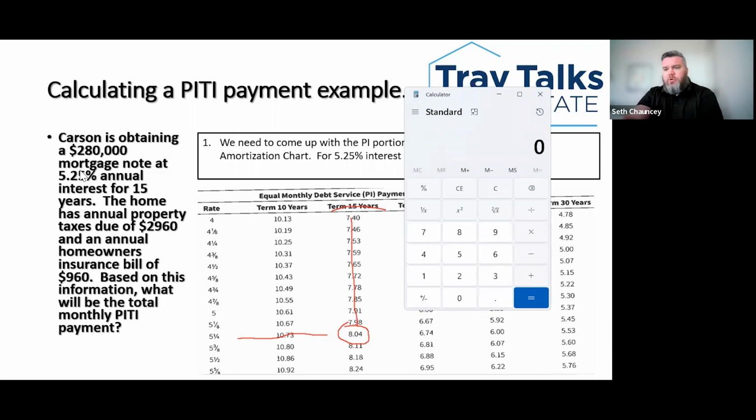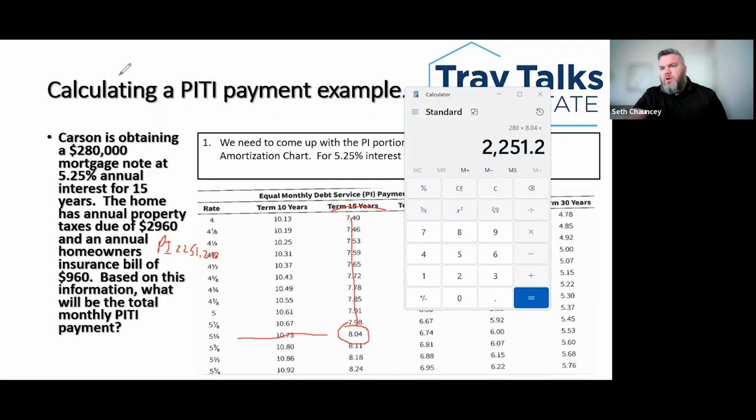So we're not making you do the purchase price LTV thing, but $280,000 loan amount divided by 1,000 times our loan factor of 8.04 gives us our principal and interest payment, just the P&I, of